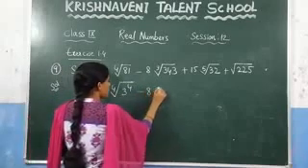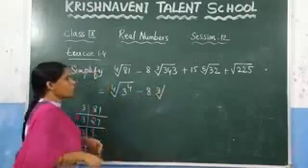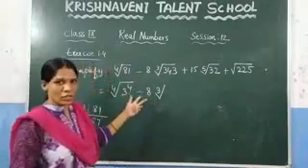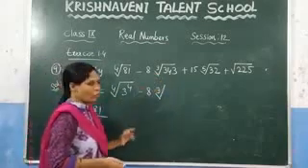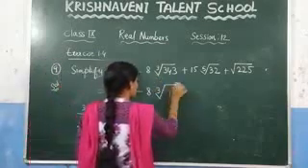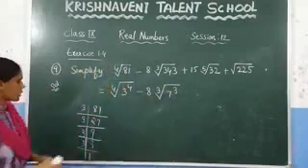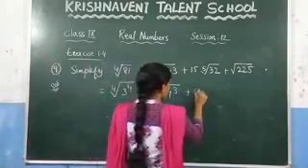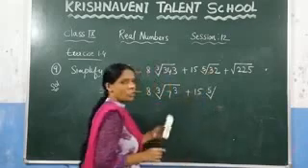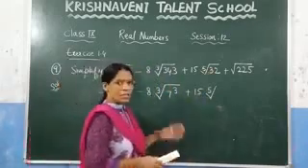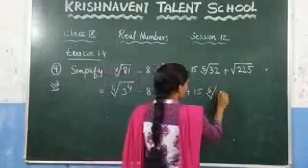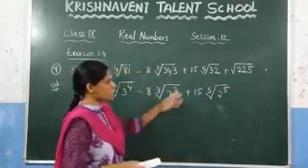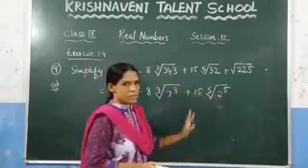Now for 8 into cube root of, which number do you need to put here such that the power is 3? You know that 7 7s are 49 and 49 7s are 343. So you can write this as 7 cube. Now see the next one, 15 into 5th root of 32. We already solved this before. You can write 32 as 2 power 5, because 2 2s are 4, 4 2s are 8, 8 2s are 16 and 16 2s are 32. So we can write 32 as 2 power 5.